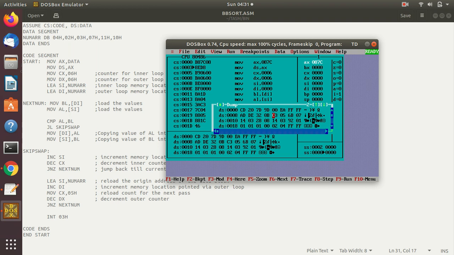See, AX will have the data here. If I do MOV AX, data, it will load this starting address of the data segment, and then that will be transferred to the DS. So the data segment will begin from that, or the data segment will get that origin. So if you are pressing F8, DS, AX,